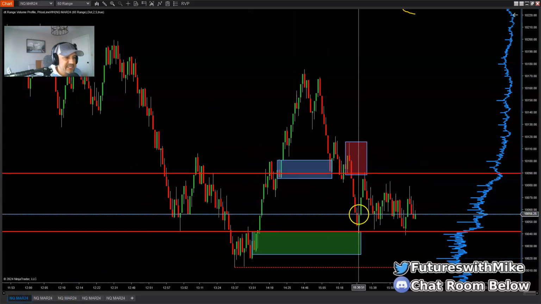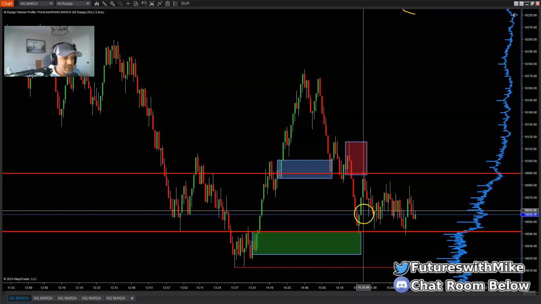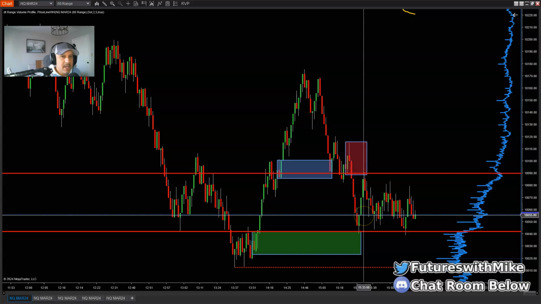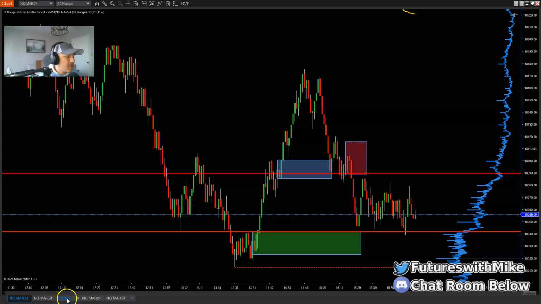The 56 area was where it came down for that imbalance resting right here. The imbalance resting right here comes down there, you're in the profits right there. Go ahead and close out most of your position. If you want to leave one running or trailing behind, then fine, do so. But I will close most off.